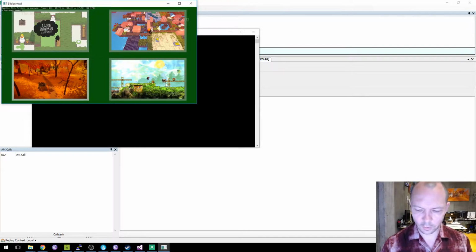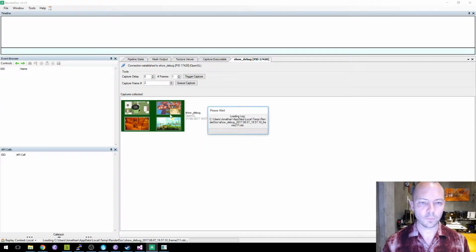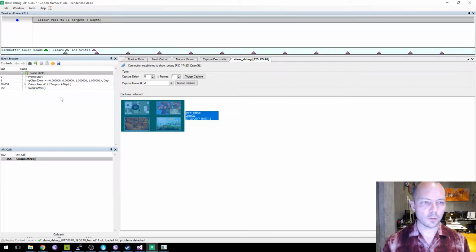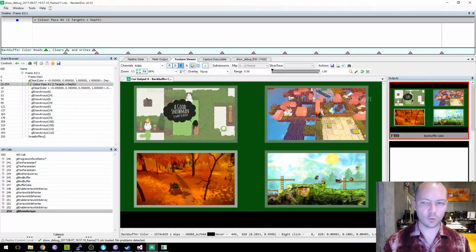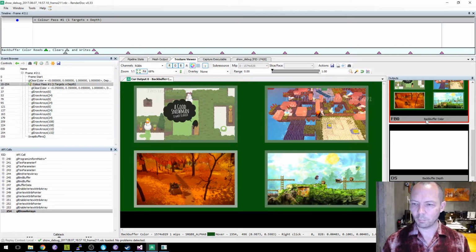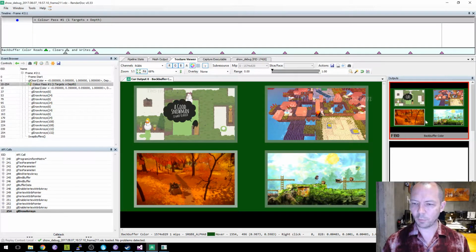And boom. Okay. Texture viewer. Back buffer color, back buffer depth.